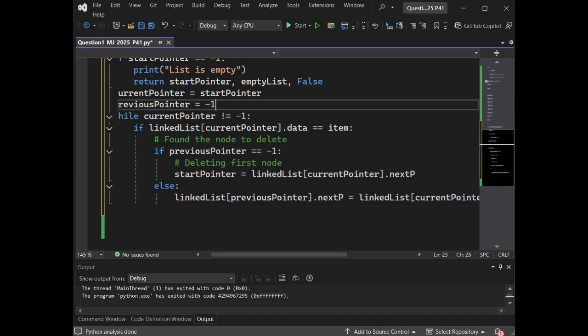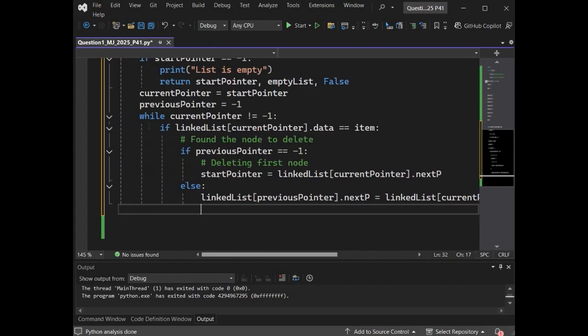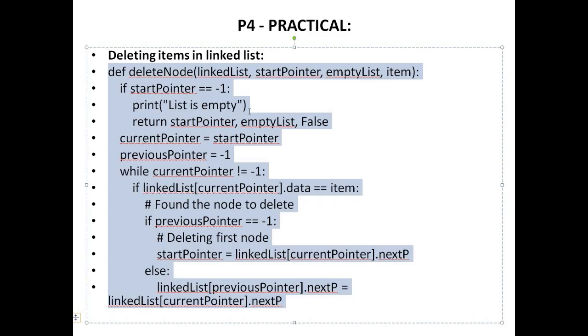So if the element is found, you'll make its pointer to be -1, and you'll store the value of next pointer into start pointer. You'll basically just reroute around it, so that value is ignored by the computer. Otherwise, you are just going to move to the next position and check its value, and you will keep on doing it until you find a match.